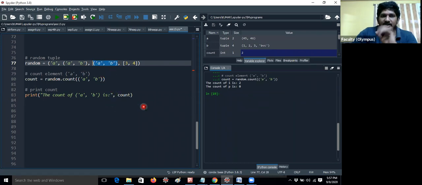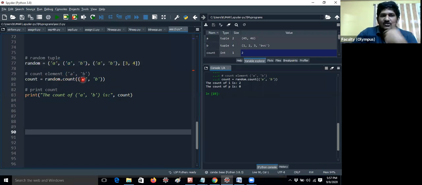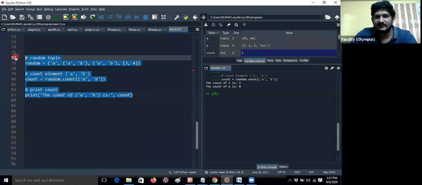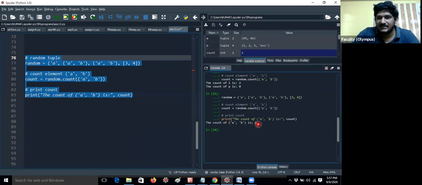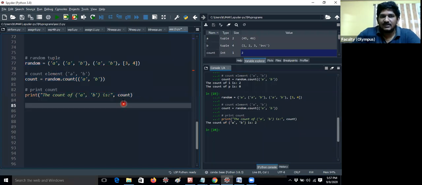If you would like to check whether a complete tuple is present in the tuple or not, you can check easily with count of ab. Here ab is there two times, so you will get the count as 2. Now let me run this, guys. The count of ab is 2. You can not only give a single element, you can give tuple elements also.